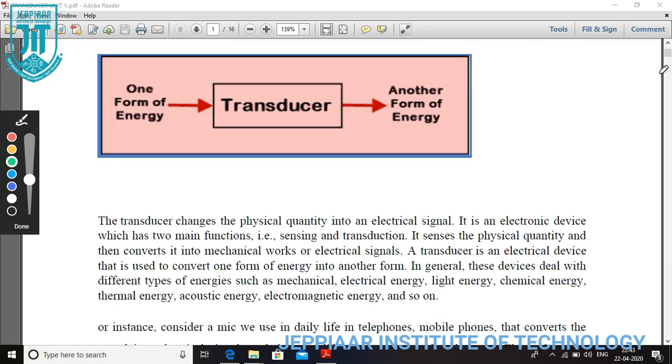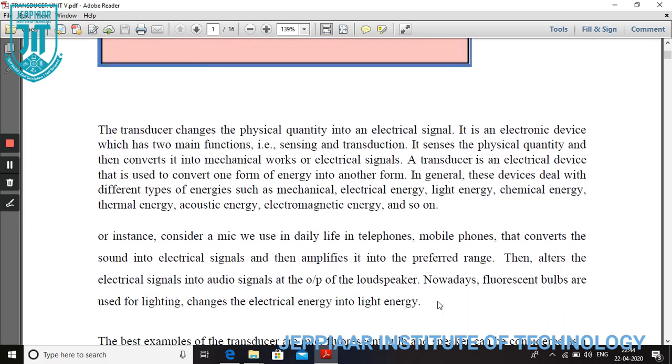We can take an example wherever we go, any supermarket. When you are taking any physical quantity, whether dal, rice or whatever it is, and placing it into the weight machine, that is the physical quantity. But when it shows in the output display, it shows the amount in kg. That is an example of a transducer, converting one form of energy into another form of energy. We can have a lot of examples here.